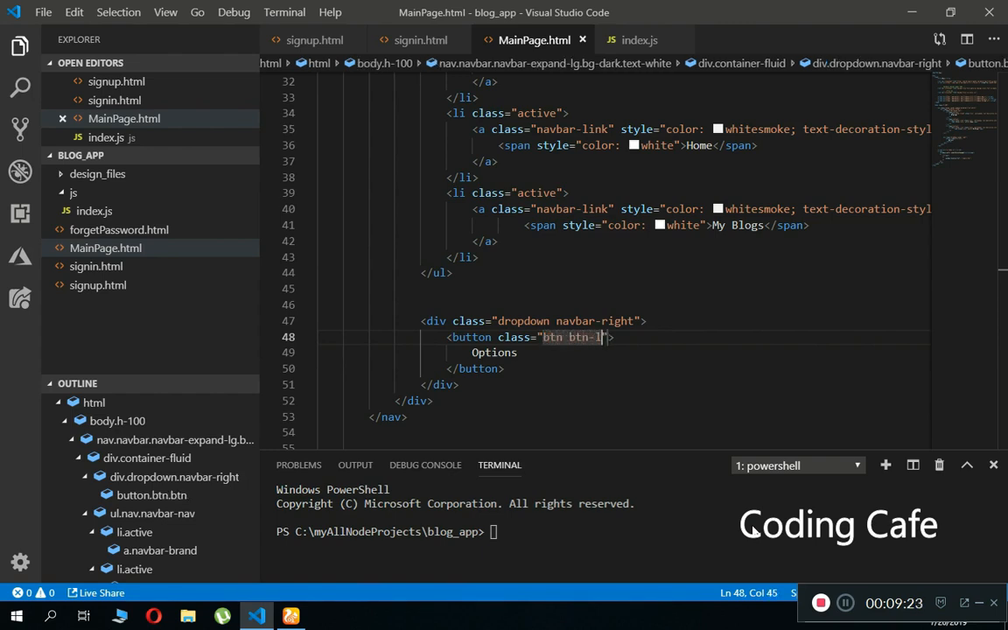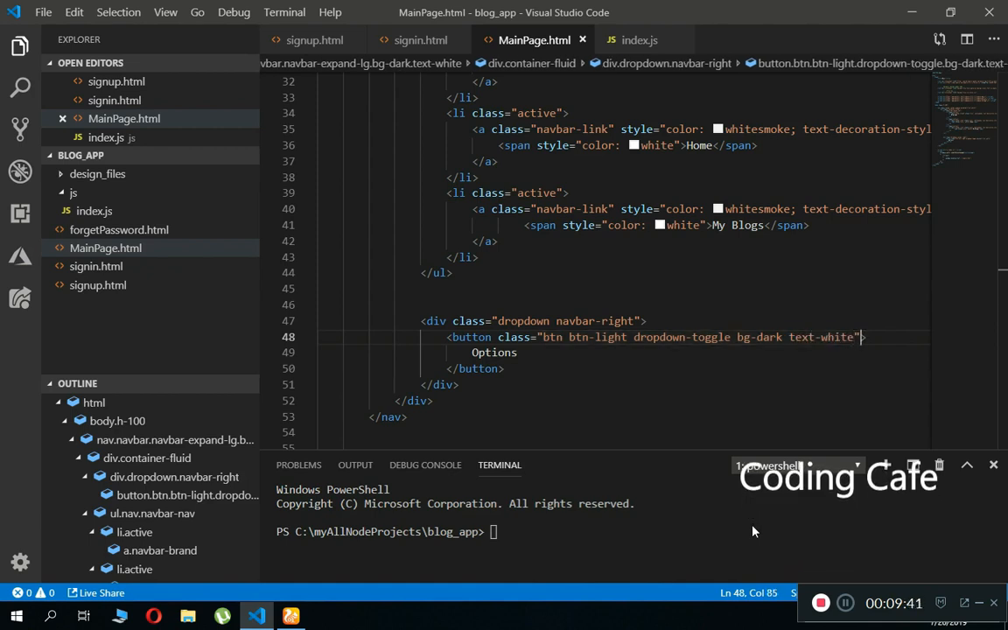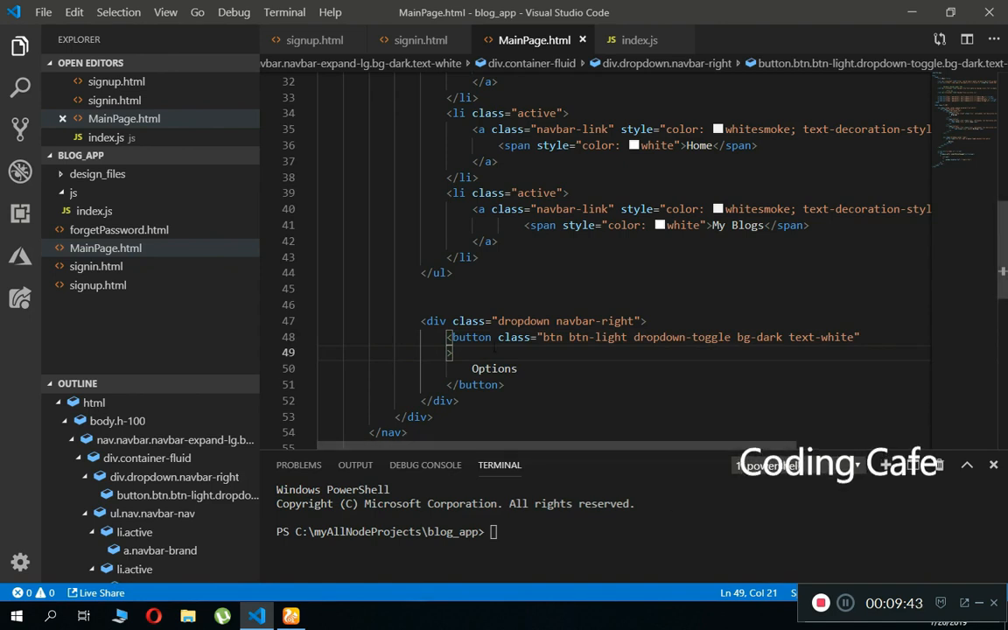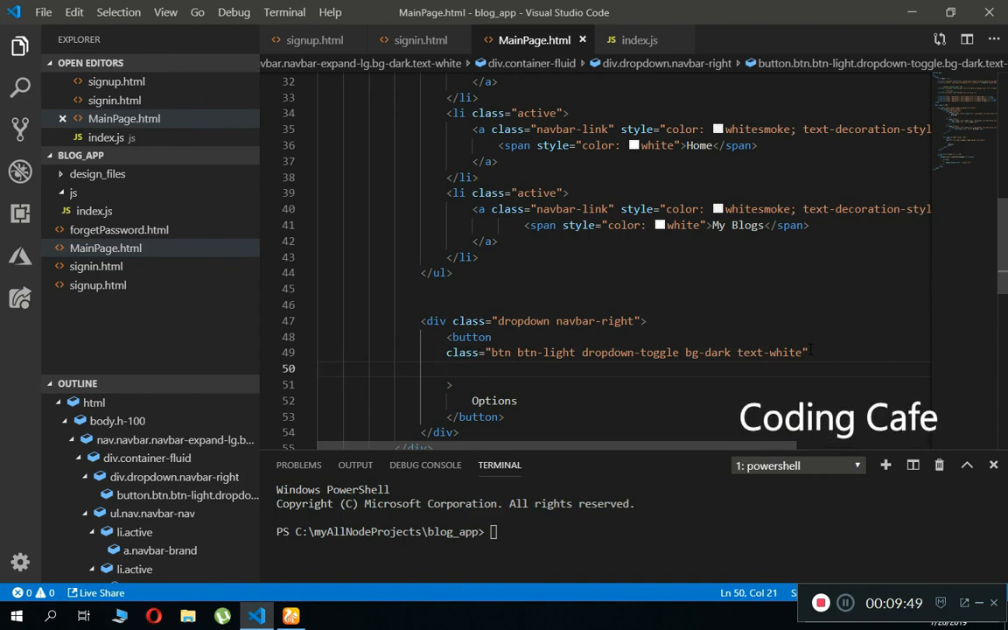btn btn-light dropdown-toggle bg-dark text-white. Now just to make the code a little cleaner, let's move this to the next line. Okay, and then let's add a type to it. So type is as usual button,